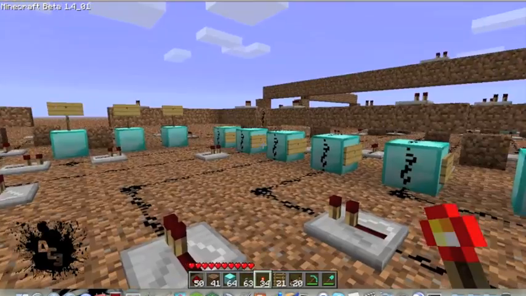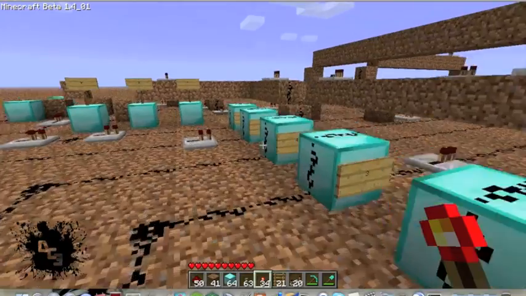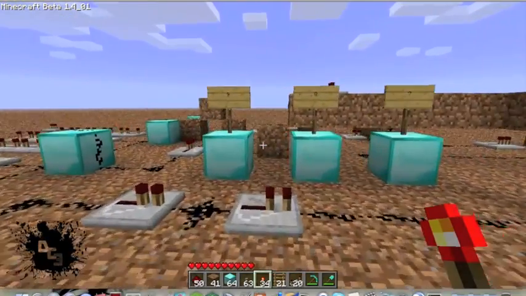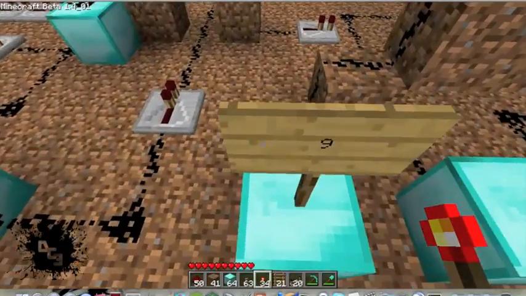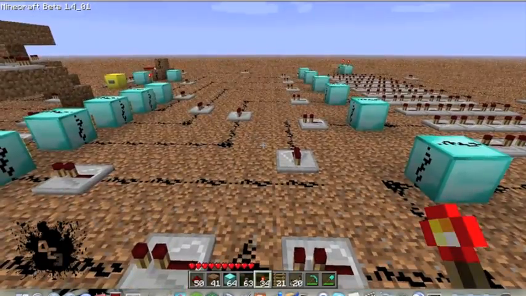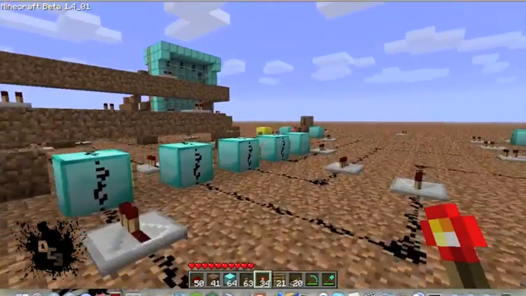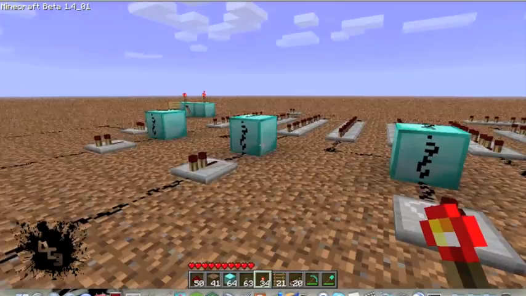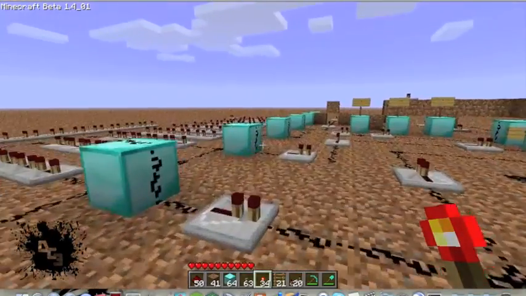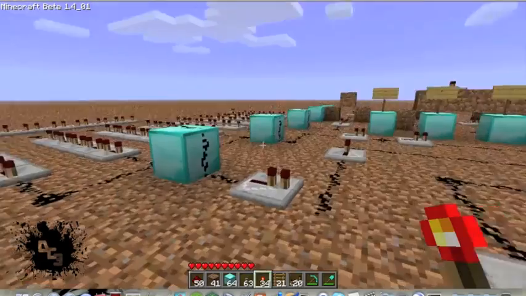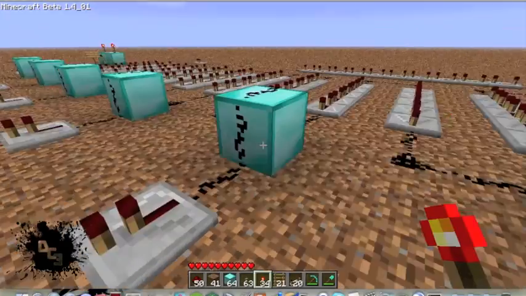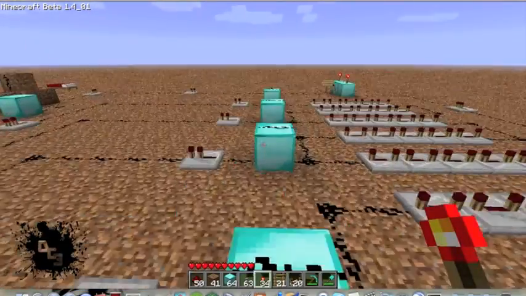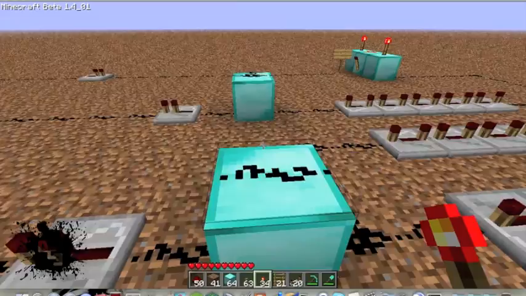Alright. Now we have 1, 2, 3, 4, 5, 6, 7, 8, 9, and they each work. Now what I did is I took all of them and extended them to the exact same thing here. 1, 2, 3, 4, 5, 6, 7, 8, 9. I put 3 blocks distance in between each one and lined them up perfectly. Now, if you see,